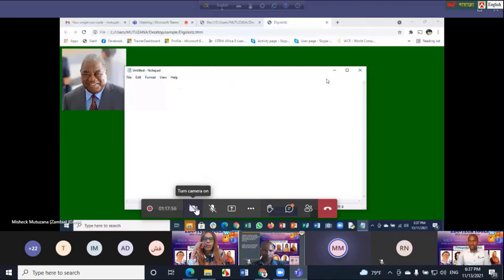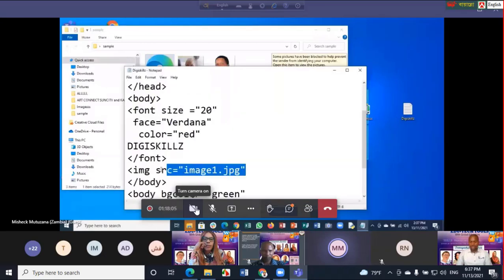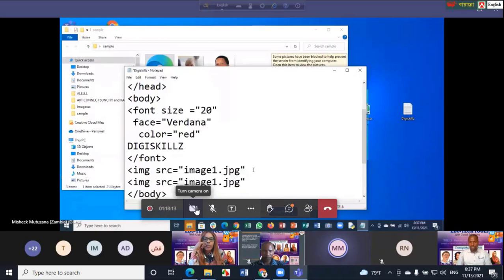I'll go back again. I will say open with Notepad. Okay, if I want, I can add another image. I'll just copy this one, then paste. Now, I'll put the breaks so that I have spaces on my images. Now, when I go back to my folder, I've got image 2.